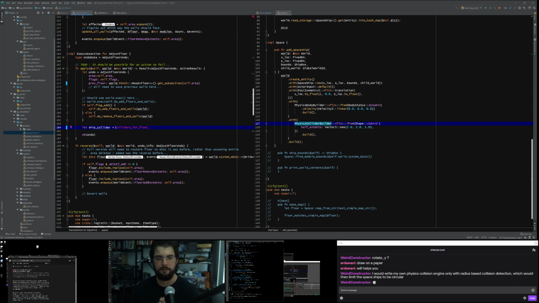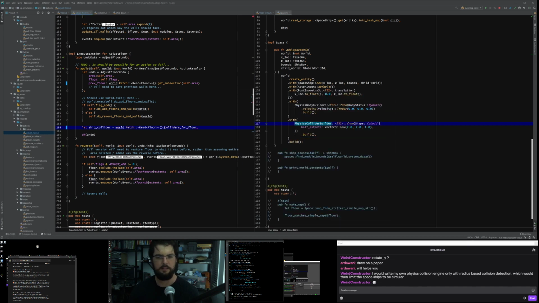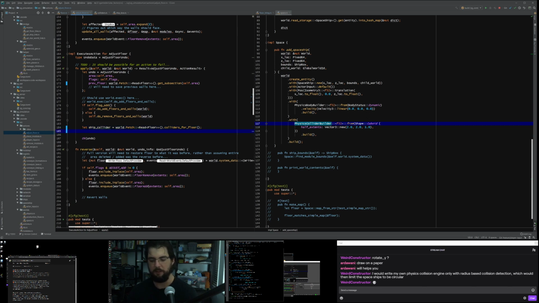This is me trying to collect my thoughts. Oh yes, the floor came from this fetch read floor, that colliders for floor. So that will tell specs we'd like to get the resource called floor, and then we'll call colliders for floor on it. And colliders for floor will return us a collider to use into a variable, and then this whole thing, Rust will realize that we don't need this anymore because you don't use it again, so it'll go poof. And the floor itself is a list that we got created by that routine, so essentially it's like copying or generating something new. And then we want to move that into the ship.